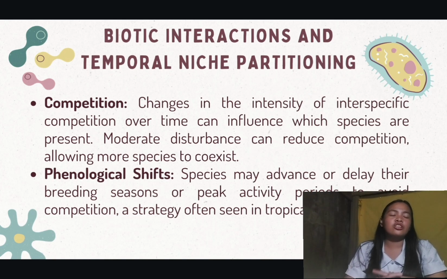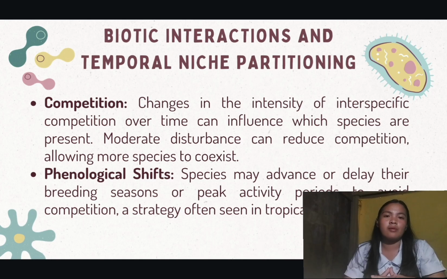In competition, ito yung kakaunti lamang ang resources na maaaring mapagkunan na maaaring mag-lead sa kakaunting species ang maaaring makapag-survive or manatili. Pero kapag naman moderate disturbance, mas maraming species ang maaaring makapag-survive or magkaroon ng chance na mabuhay ng sabay-sabay. And phenological shifts naman, ito yung mga animals na nag-a-adjust ng kanilang reproduction time upang wala silang makasabay